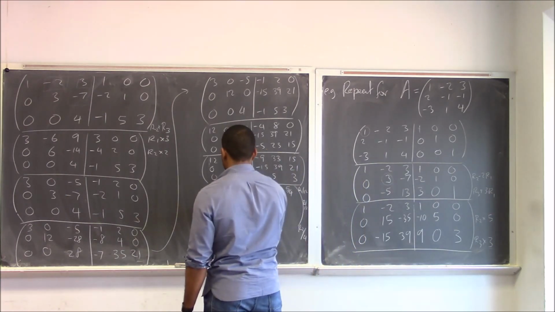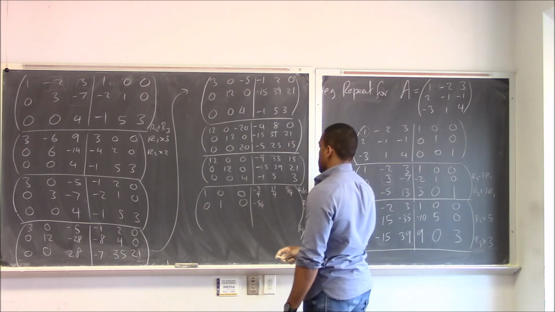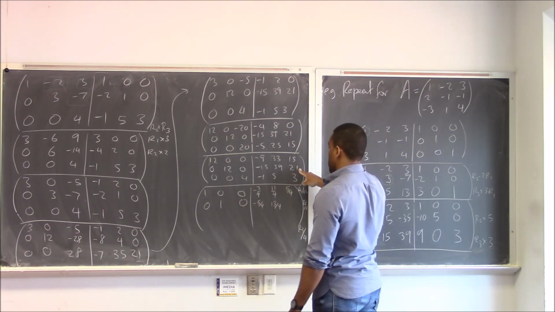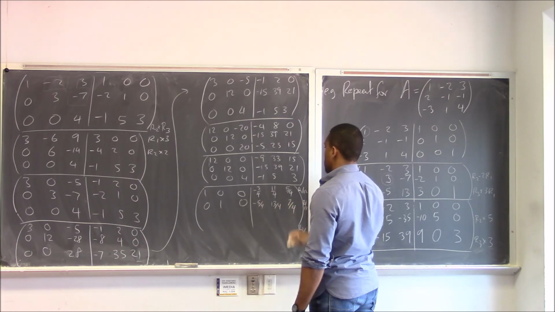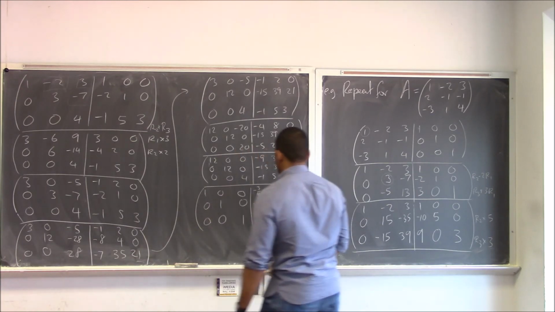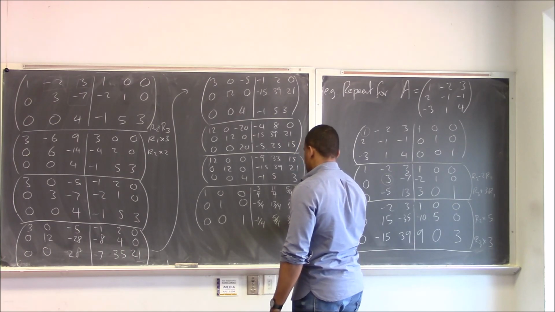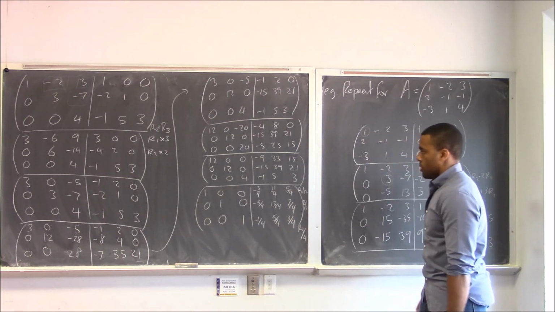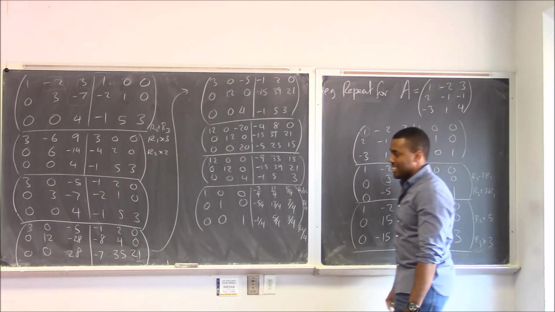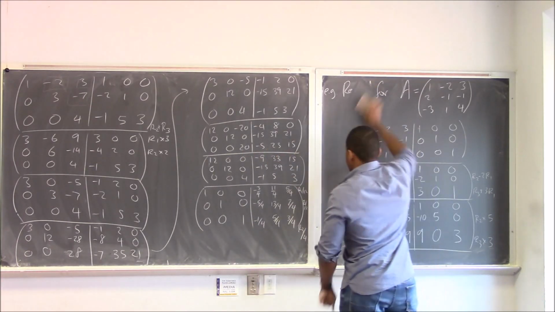Then divide this guy by 12. So that's going to give me minus 5 over 4. Divide this by 12. It's going to give me 13 over 4. Divide this by 12. It's going to give me 7 over 4. Divide this by 4, minus 1 over 4, 5 over 4, 3 over 4. And that is why I allow scientific calculators. And that is also the inverse of the matrix A, provided we did not make any mistakes,